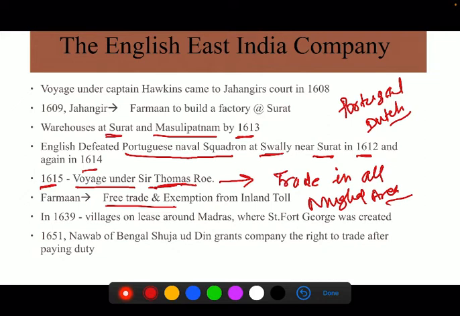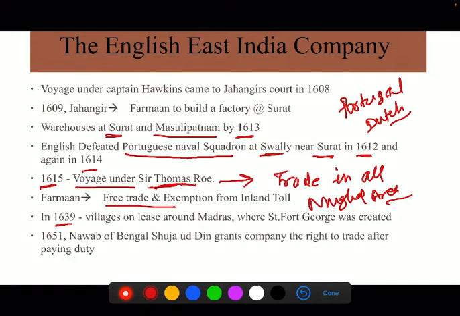And he wrote a letter to the British Empire also, that I felt very happy that Thomas Roe came here, and in praise of Thomas Roe he wrote a letter also. So the point is that Jahangir became happy. Okay, so East India Company started creating their influence, and in that direction in 1639 they got a lease